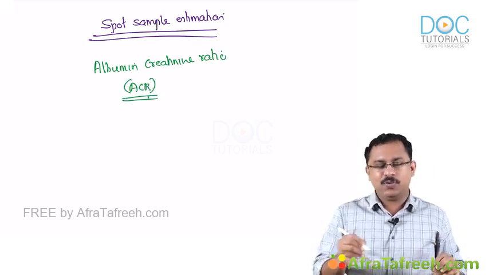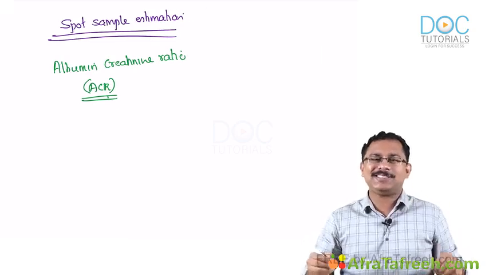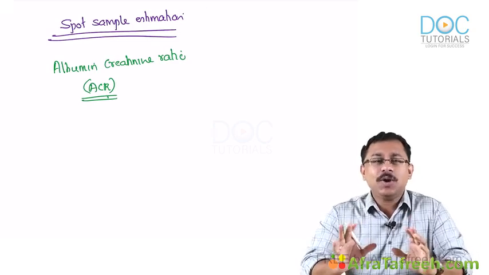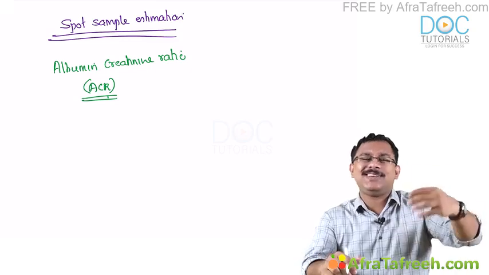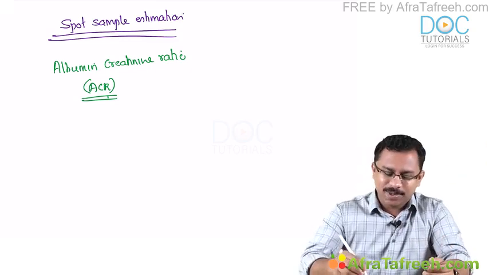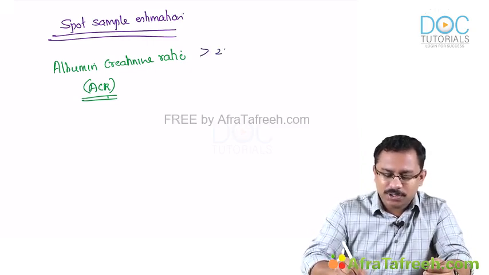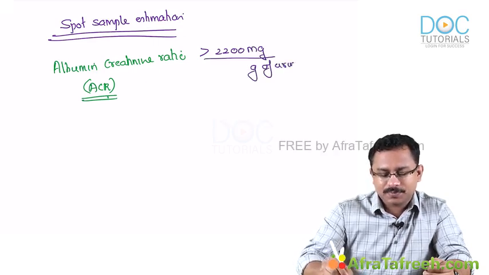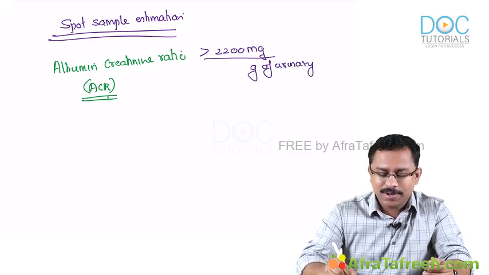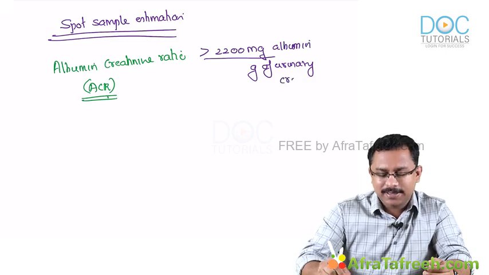The albumin creatinine ratio that you obtain in a single spot sample is almost equivalent to collecting your 24-hour urinary sample. So when it is more than 2200 milligram of albumin per gram of urinary creatinine,